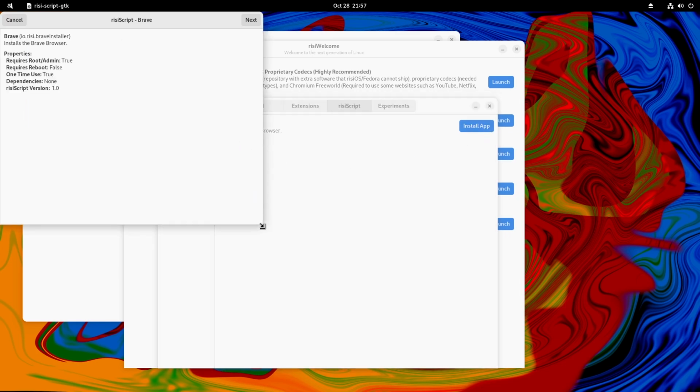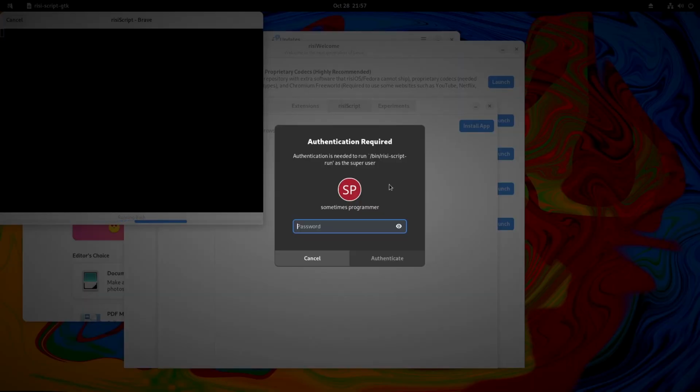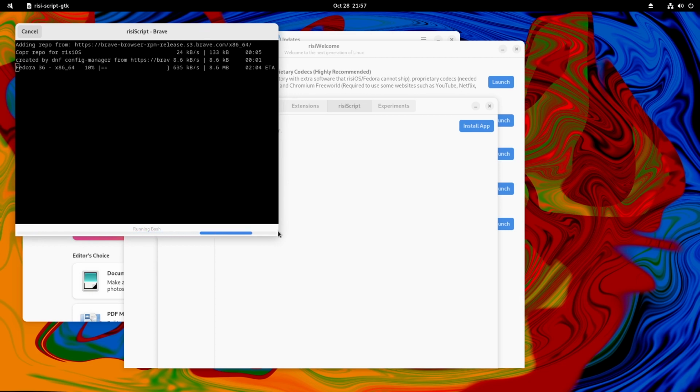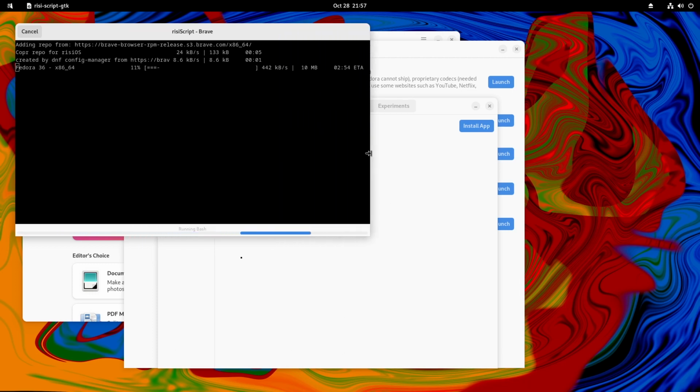So the Risi script will execute the script and then install the Brave browser, for example, this one. So by clicking the install apps button, the RisiOS directly executes the script, and we can see in this process the RisiOS adds the repo in here.